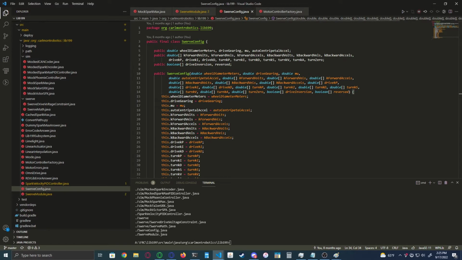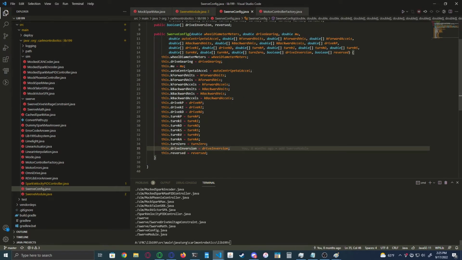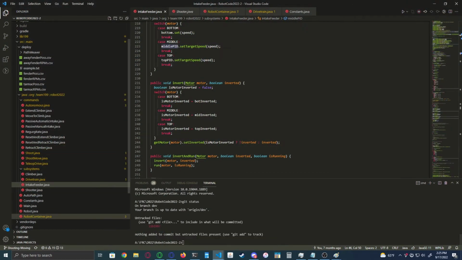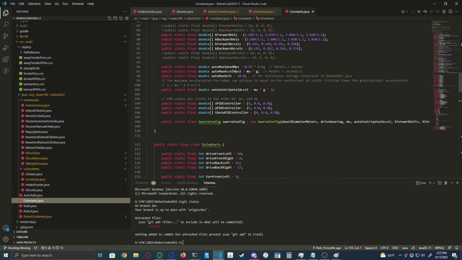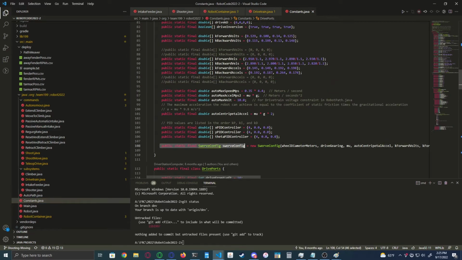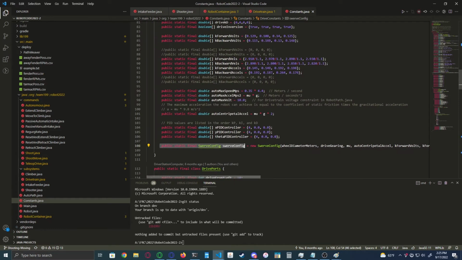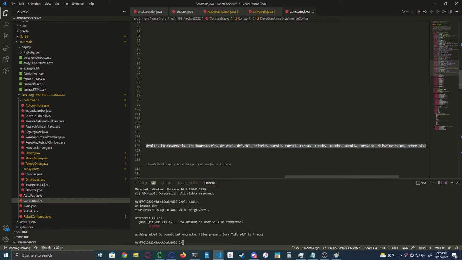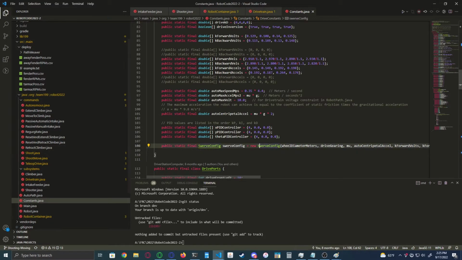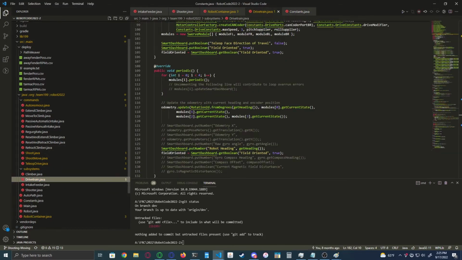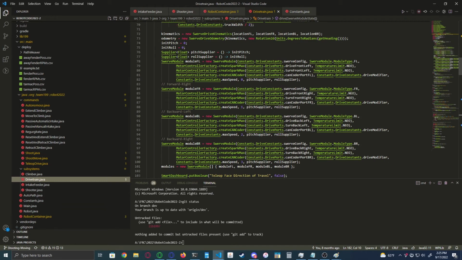Again, it's supposed to be set once and then it's just set up for the entire robot. So if you look in our current code in constants, we just have this here at the end, which is SwerveConfig, which is just taking in all the stuff we defined above, and it's just set up here, and then whenever we need it in Drivetrain, it just gets passed